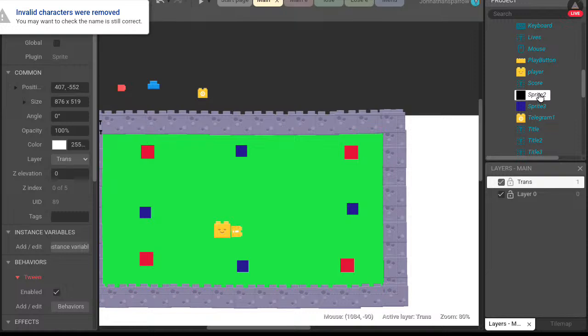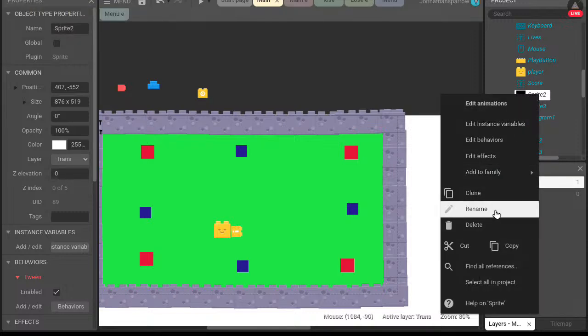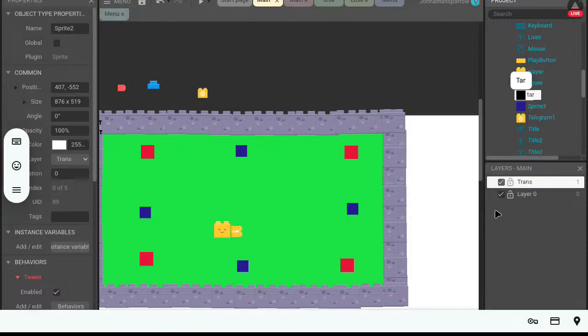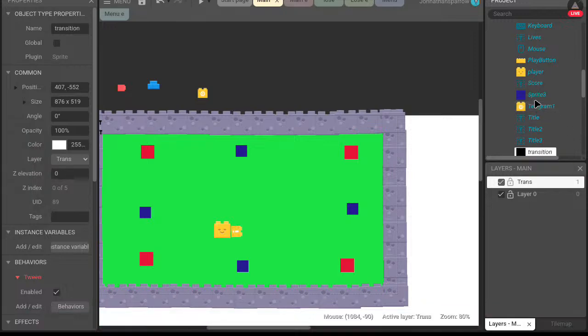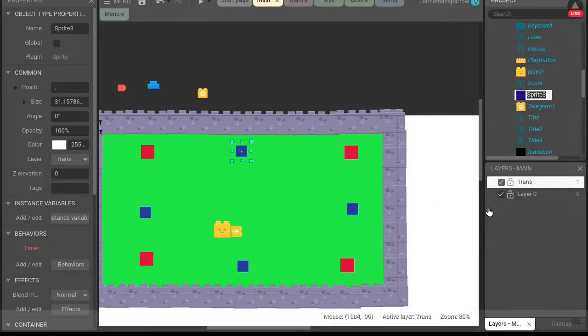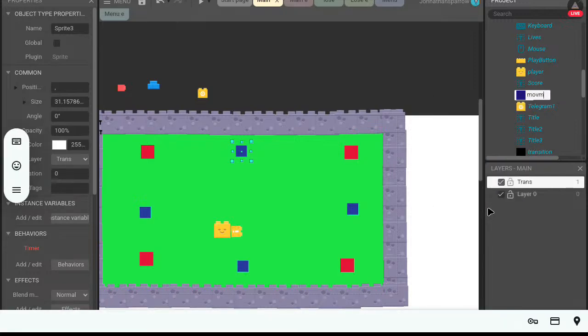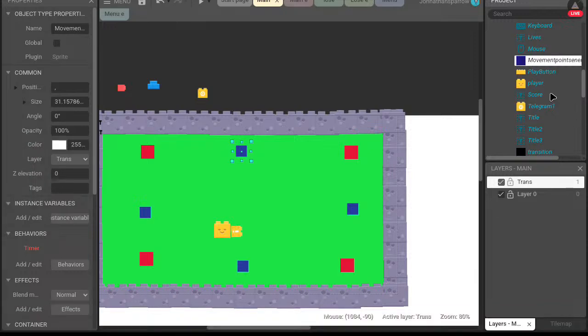This is going to be transition. And these are going to be movement points. Enemy 2.